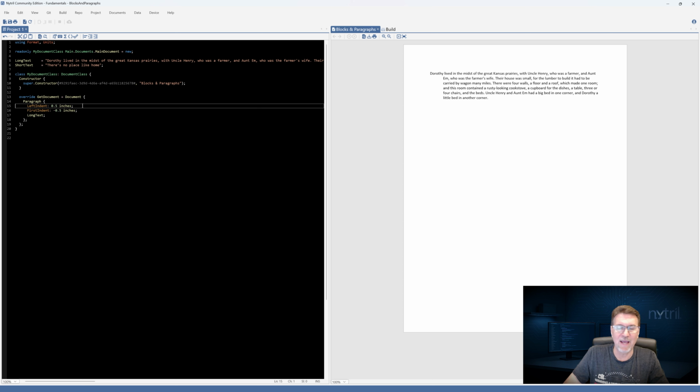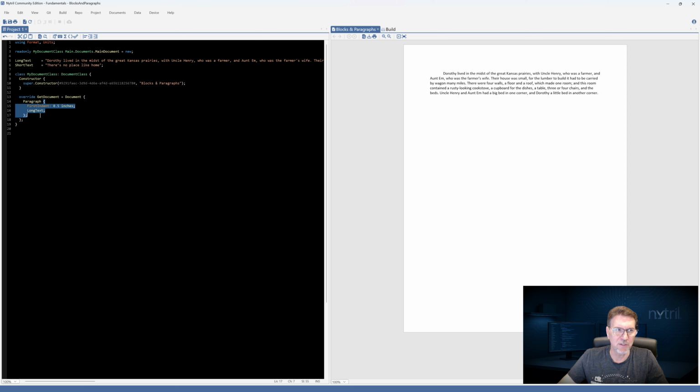But this is an example of how you can use formatters in Nitro. You just place the property name here, give it its value, and then it renders the content. So let's leave the first indent in here. Okay, so that talked about placing properties in a revision for a paragraph and how to arrange the formatting of